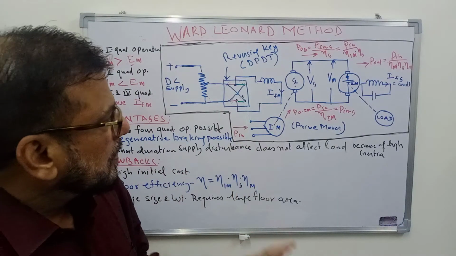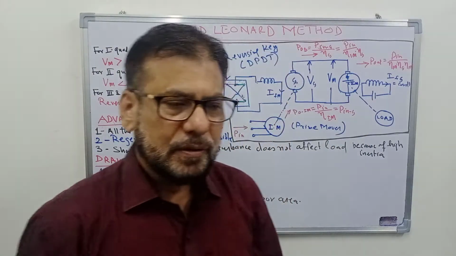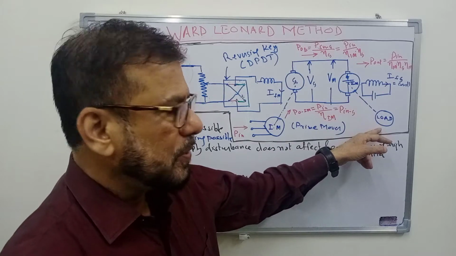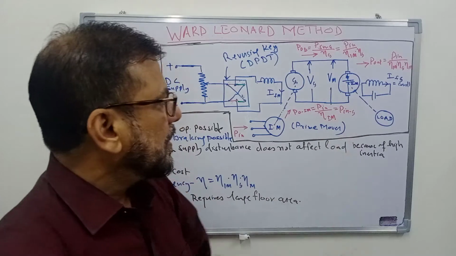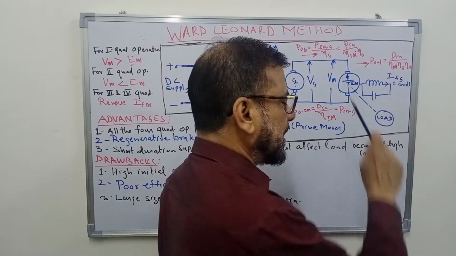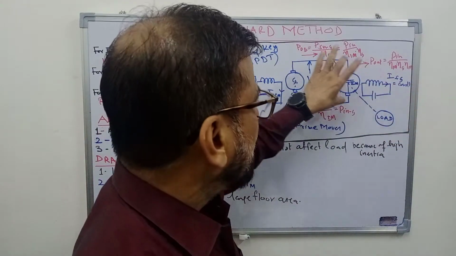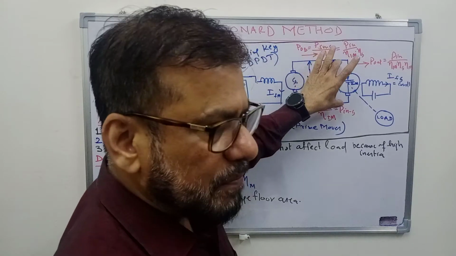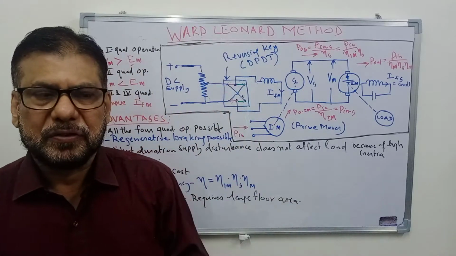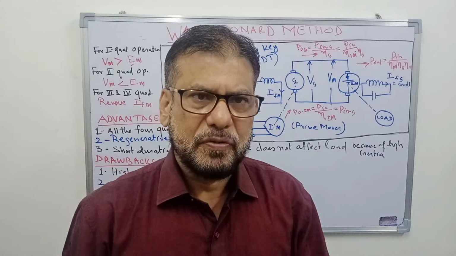So for this, we have this DC motor whose speed we want to control by armature voltage control method. This motor is supplying a certain mechanical load. It's connected here, shown here. And this is the field winding which is given a fixed supply. I have assumed that the flux of the motor is constant, and you have to vary the voltage across the motor Vm to vary the speed of this motor. We have learned that speed is proportional to voltage. If we change the voltage, speed will also change.